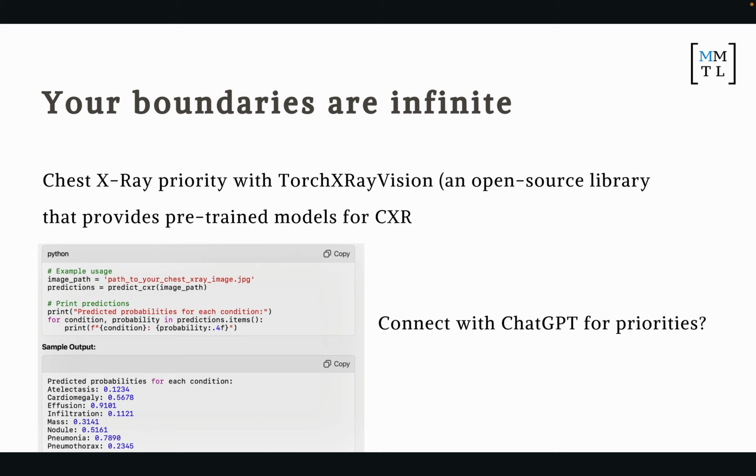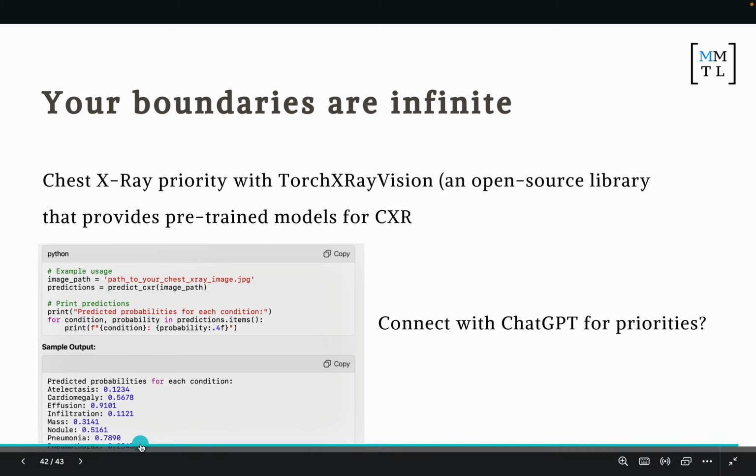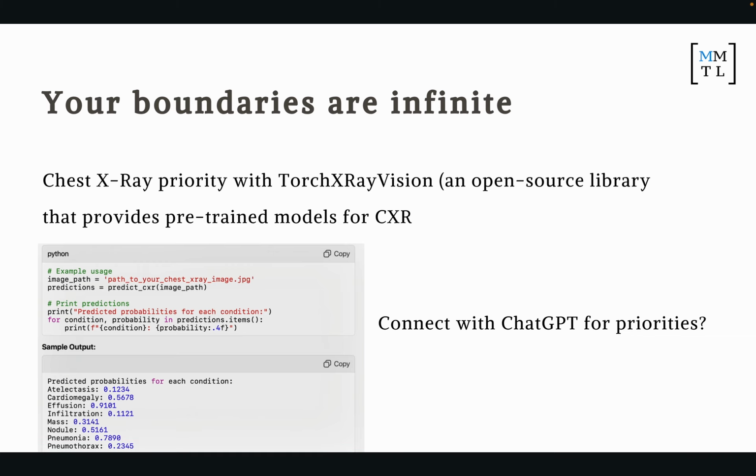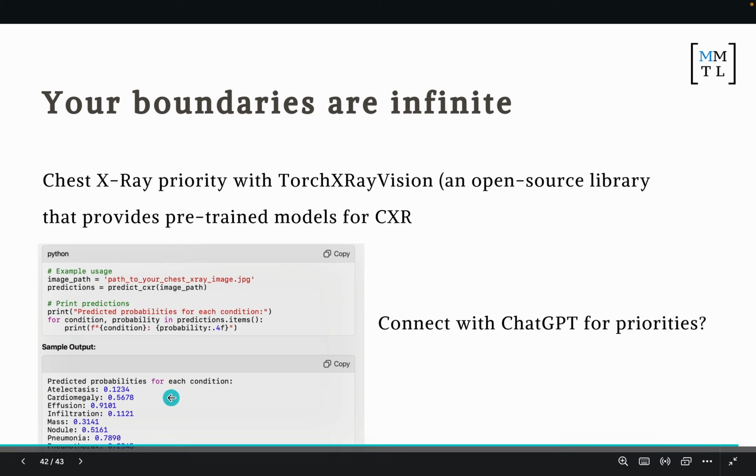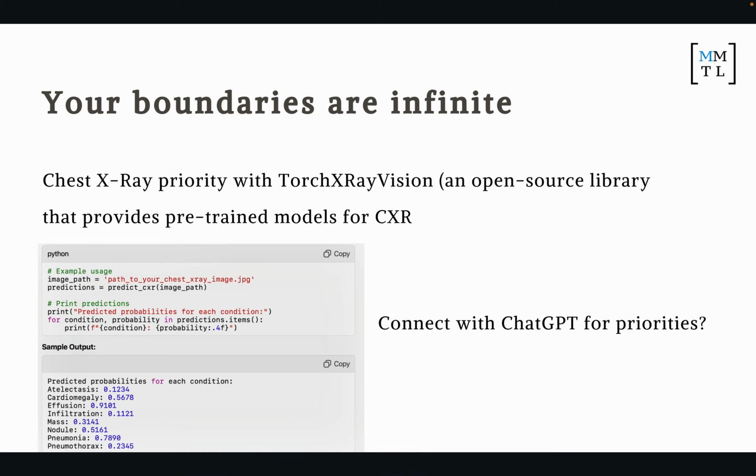Basically, TorchXRayVision is a really nice library that provides pre-trained models. So this is an example usage. You can get your image in a JPEG, and then it can predict very simply using that function, and then gives you how much it thinks everything is. So for example, now using your medical knowledge, you can think, okay, anaphylaxis is whatever. Cardiomegaly, who cares? It's not urgent, right? But if there's a mass, if there's pneumonia or something, you might want to bump that up on the radiology